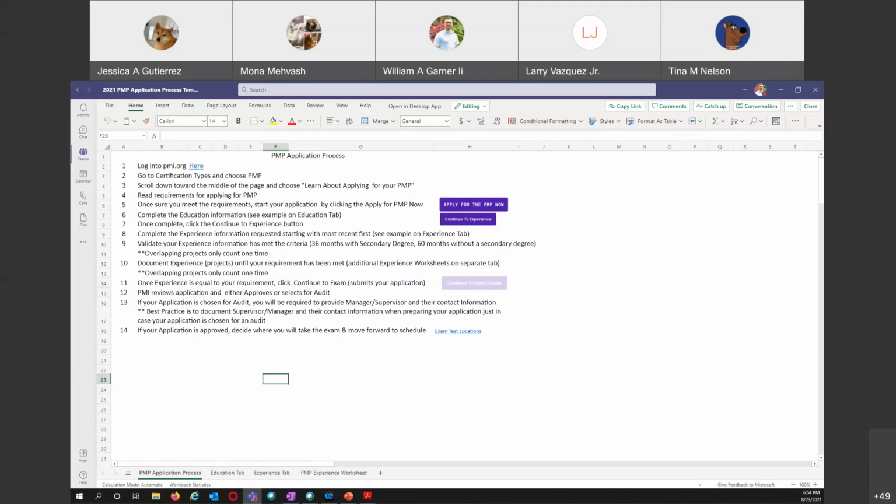My audit process kind of sucked, because I had to go find the people that I listed as my managers during that time, and I had to have them sign a form. They were all over the place. I had to find them, have them sign a form, and put it in an envelope that PMI didn't even send me. By the way, this is after I paid the $500 to take the exam. They say, "Thank you for your payment. You have been selected for an audit." Here's a smack in the face.